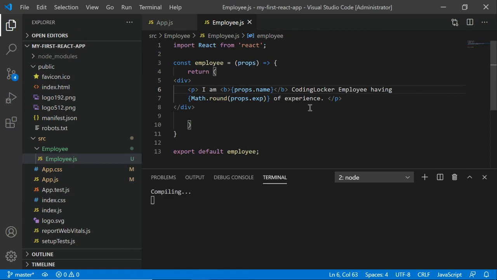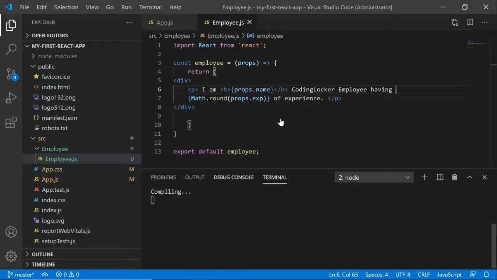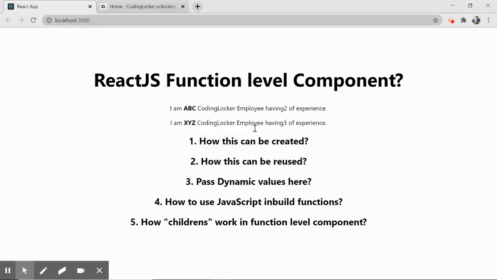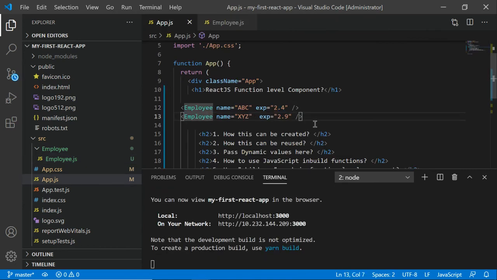Perfect. So we have seen how we can pass the dynamic values and how we can use the JavaScript inbuilt functions as well. You can make use of any JavaScript function, parseInt, parseFloat, anything. Right now, last is how children work in function level components. Let's suppose there is an employee who has some children. So children means